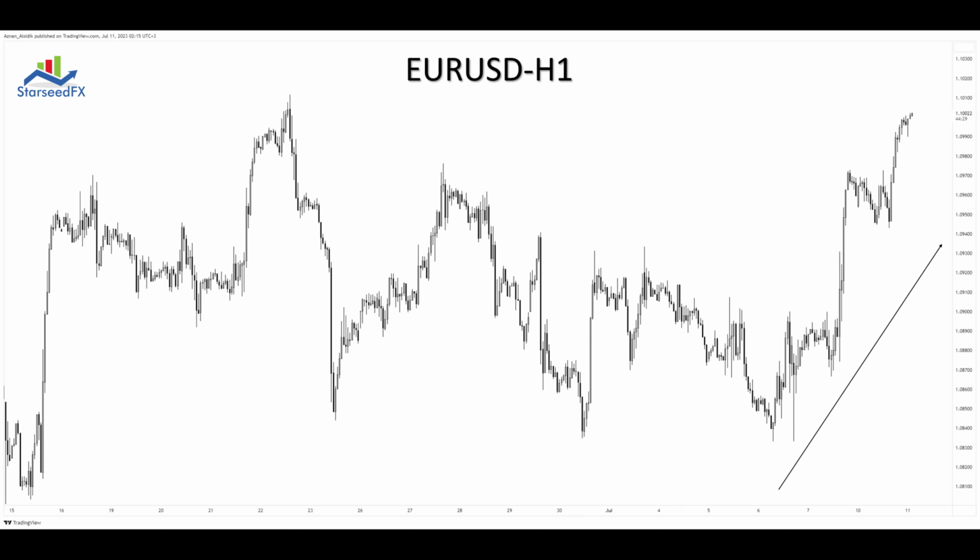But remember, the smaller time frames, such as H1, could show bearish trends despite D1 and H4 being bullish. About 10 days ago, there was a noticeable change of character on H1, indicating that the market had transitioned from a previous bullish trend to a bearish one. This could have signaled a forthcoming downtrend for the euro-dollar, or it could have been a mere pullback or retracement on the higher timeframes of H4 and D1. As it turned out, it was just a pullback, and the price swung back to a bullish change of character